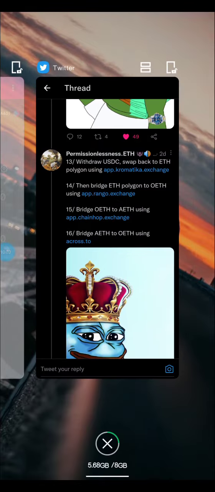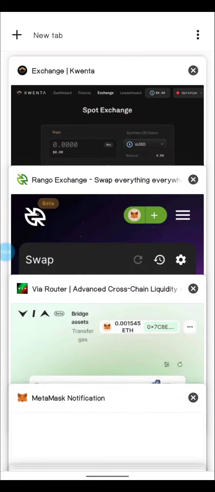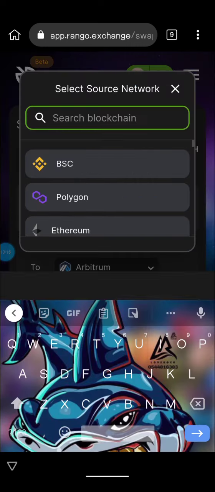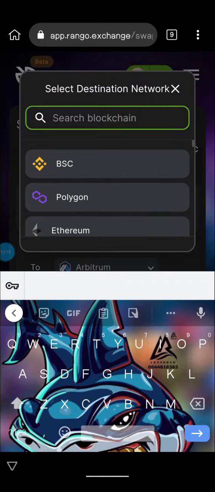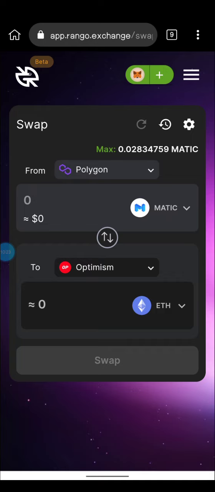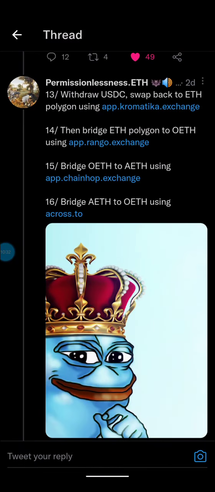So we're going to go back to Rango. Like I said, try to use Rango frequently because this place is actually good. Okay, we are having Polygon. As you can see, Polygon is also here. So we are swapping the Polygon back to Optimism using the Rango platform. Once you do that, we are going to go to the next platform, which is